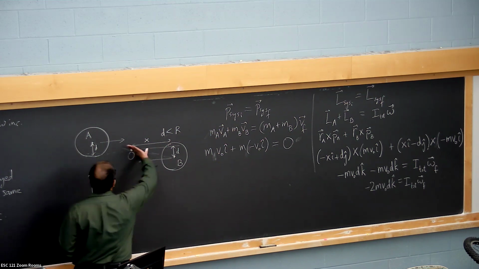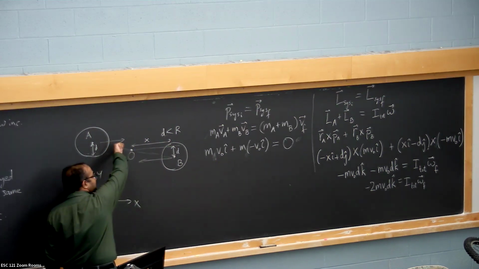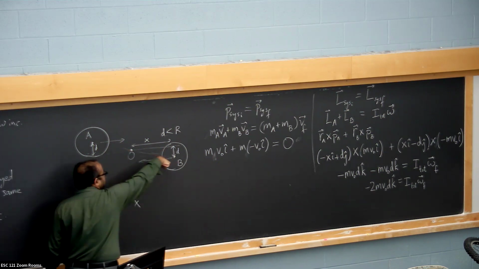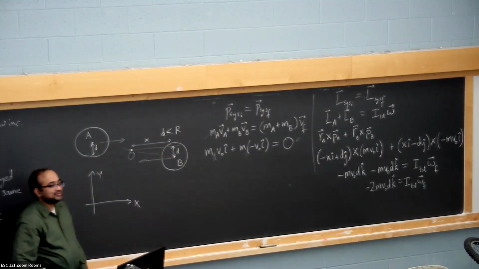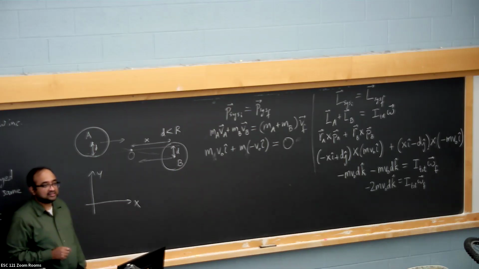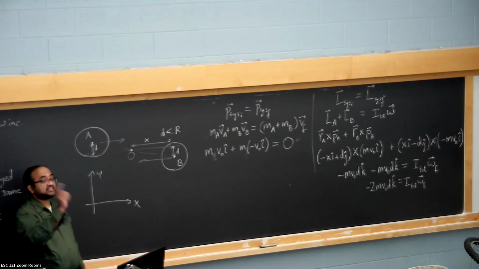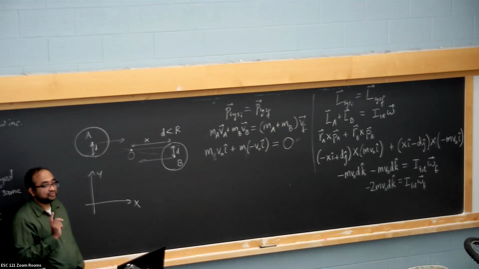If I found the angular momentum of each one, I'd say R cross P is into the board, R cross P is into the board. Why does the j hat disappear, or i hat disappear? Because i cross i is 0. But when we do i, j, and k cross i, j, and k,